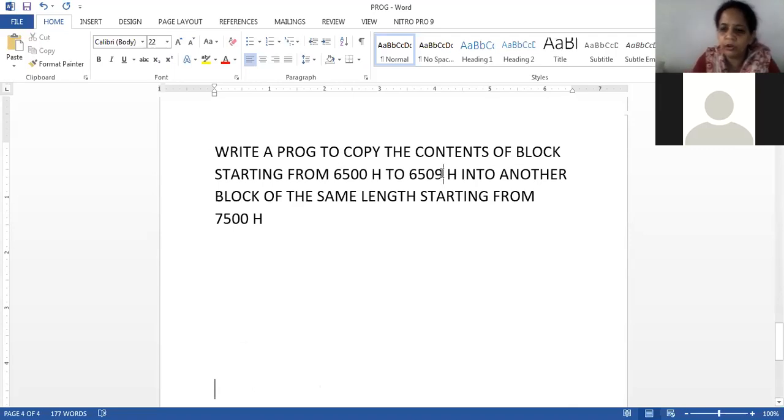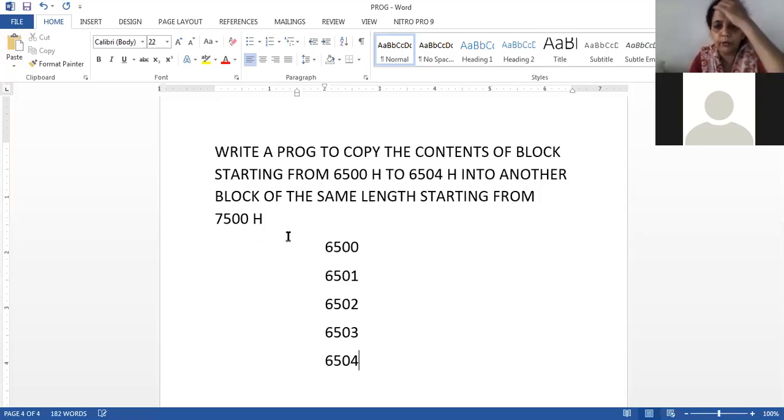I will take a small value. We will take only 5 locations here, into another block which is starting from 7500 of the same length. What is the aim of that? 6500, 6501, correct? 6502, 6503, 6504.